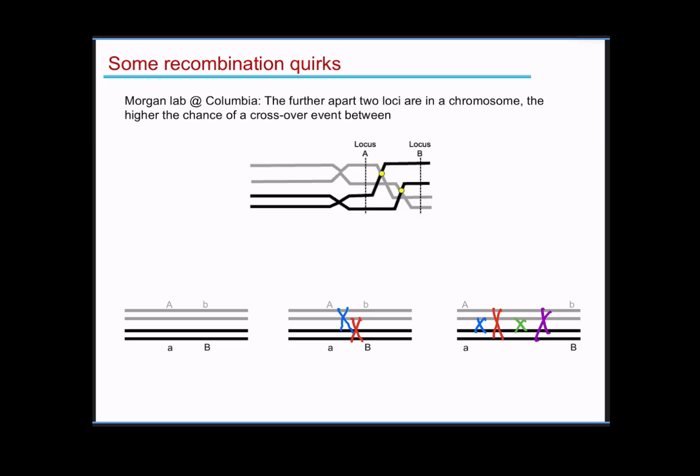So in practice, what happens is as loci get further and further apart on the same chromosome, crossover events between them start accumulating, and they can go any direction. And when you average across all of them, you end up with 50-50. It's almost like, since this is a collection of random things, you end up with a random distribution. And what is a random distribution? Independent assortment, where half of them are going to be like the parentals, half of them are going to be